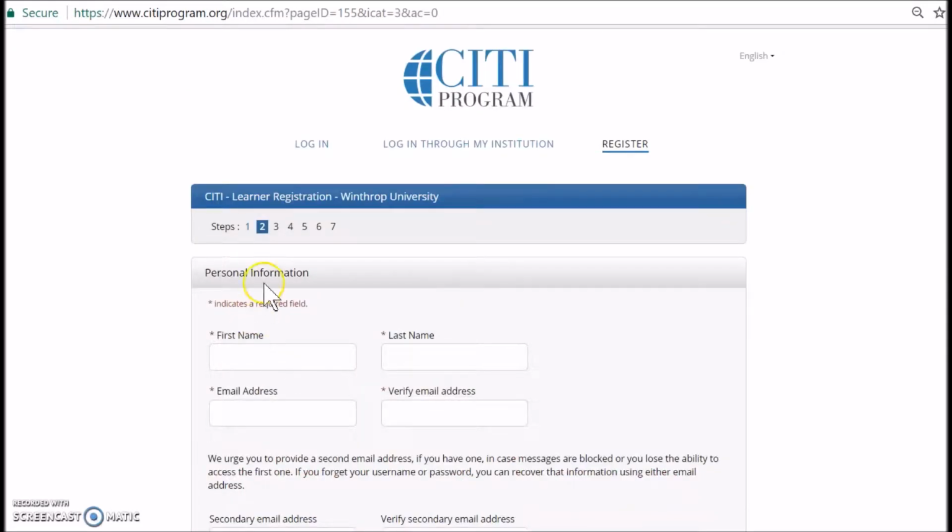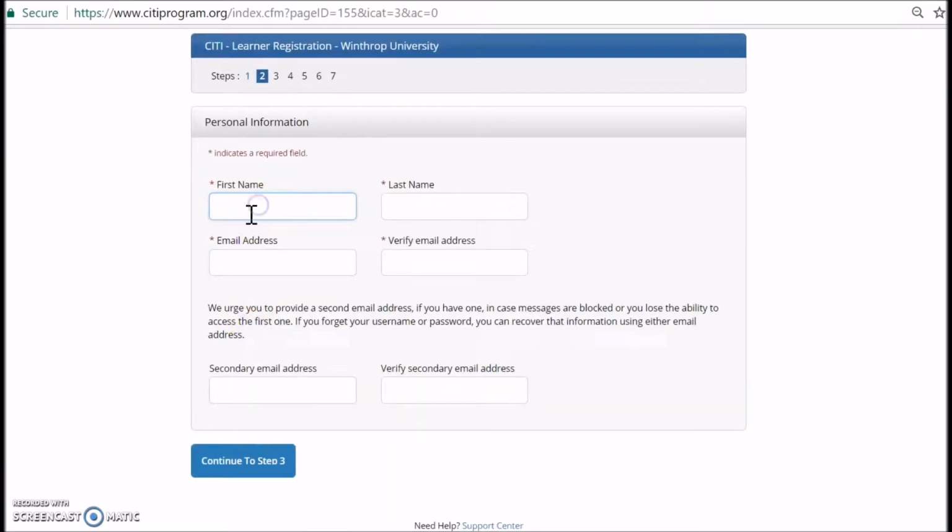Step 2, again, notice the display at the top. You will enter your personal information. So I'm going to use Big Stuff as the mascot of Winthrop University as a mock person to continue this tutorial. Email address,